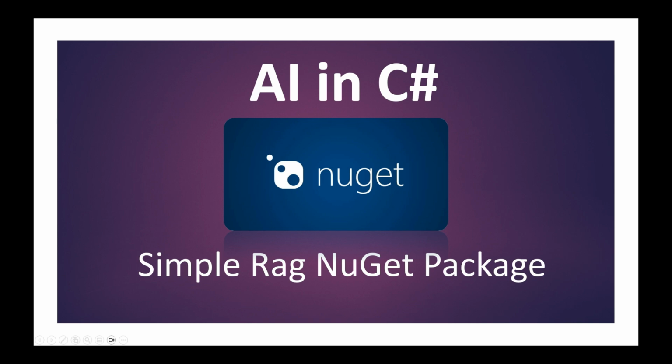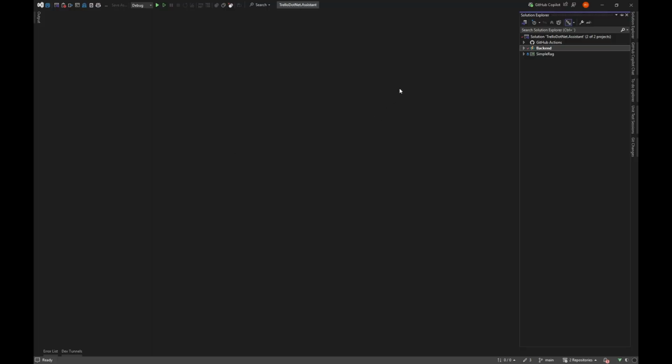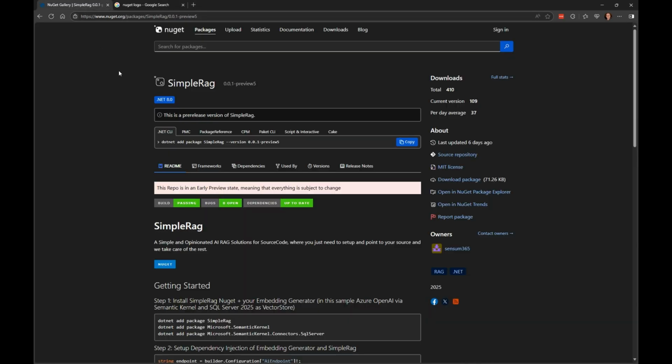In my previous video about using this, I had a small solution for a small open source project where I use it. I just had a backend, and it linked to a NuGet package called SimpleRag. As you can see, it's very early days.